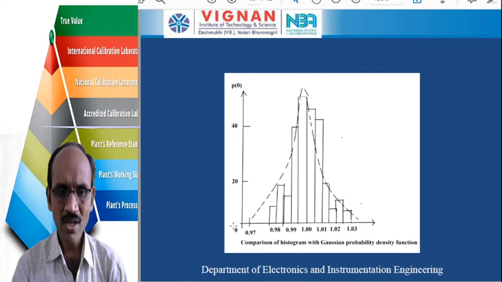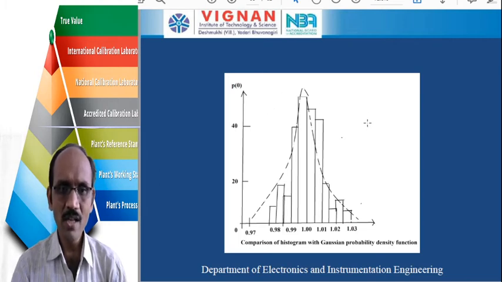In this curve, we are taking the pressure on the x-axis and the Gaussian probability density function on the y-axis. The Gaussian probability density function p of naught is equal to the probability divided by the interval width. The interval width means the smallest pressure that can be measured by the pressure transducer. In this case, 0.005 psi is taken as the smallest pressure that can be measured by the pressure transducer. So the probability per smallest interval is 0.005.